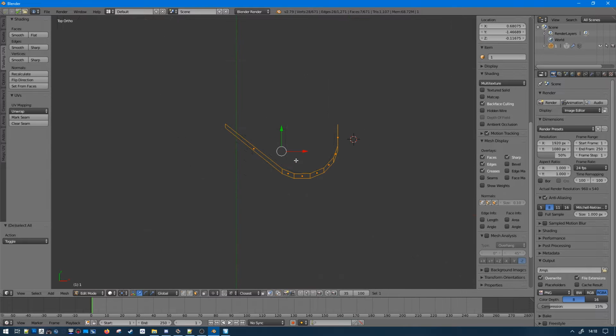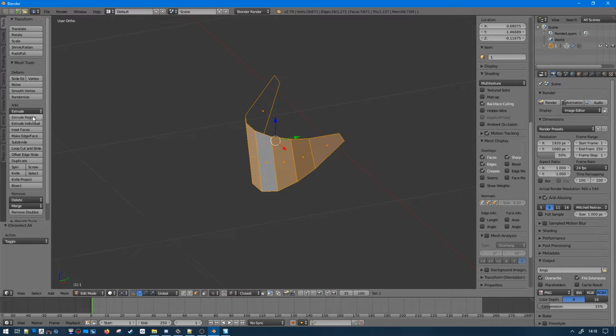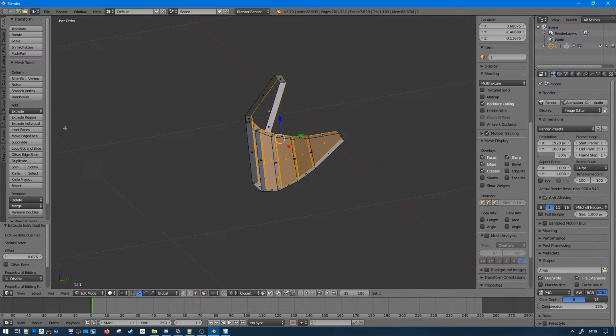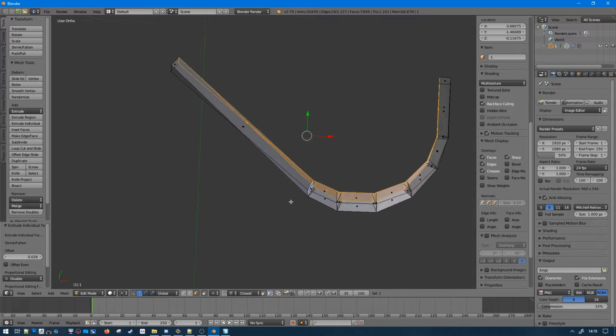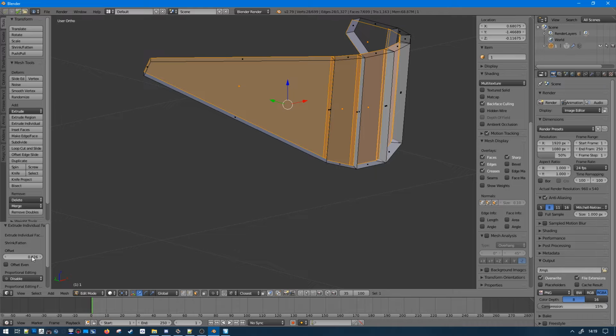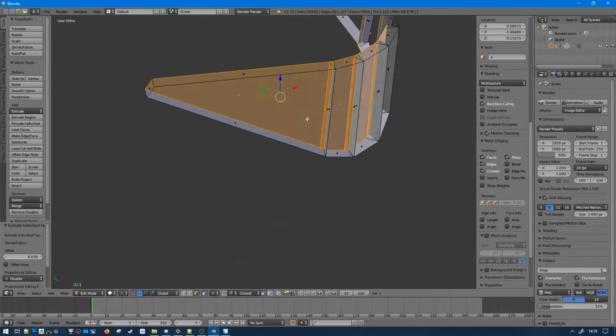And I think you can also extrude in the tools. Extrude region, not region. So something like this. Individual faces. Okay, right there. Another way to do it. And we set 0 to, let's set 0.3, and we'll just